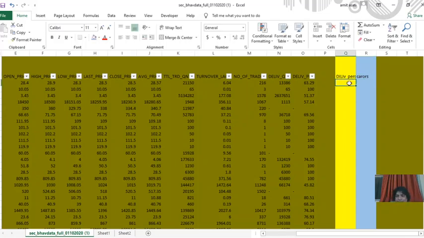We will keep the data here, and equal to, we will place the IF condition. Shift, equal sign, sorry, not this, equal to, and IF.